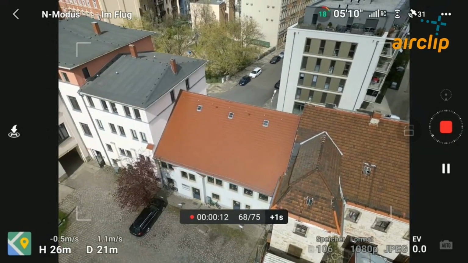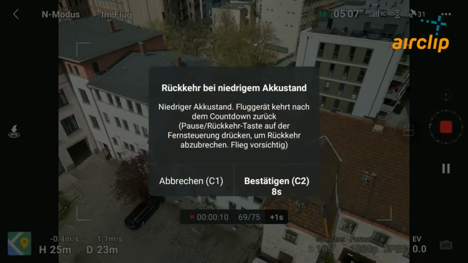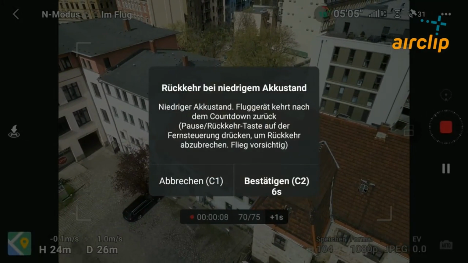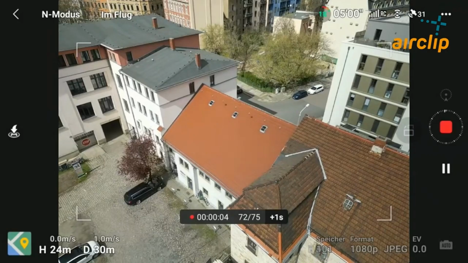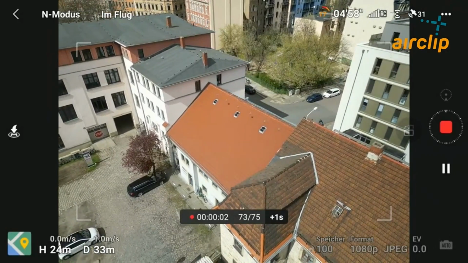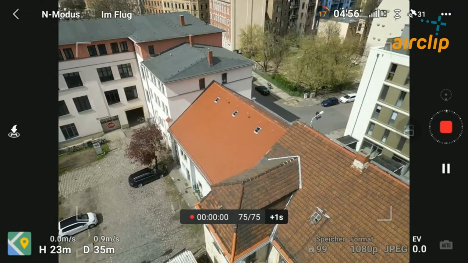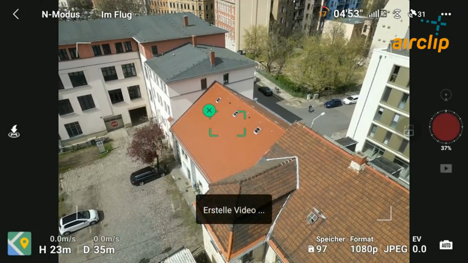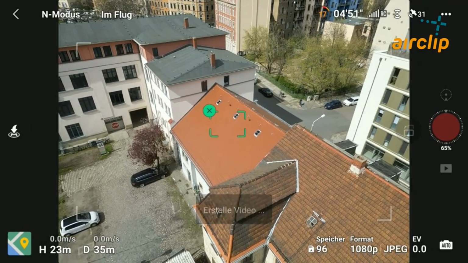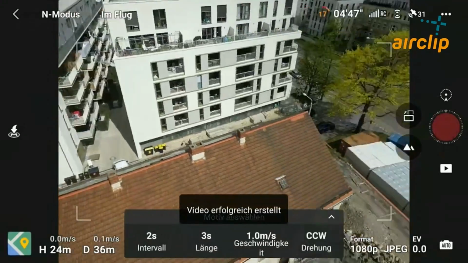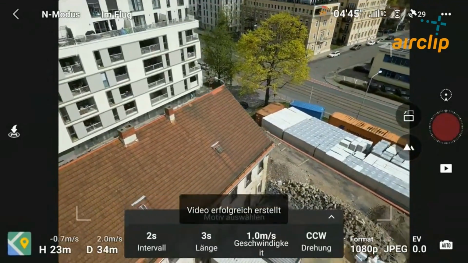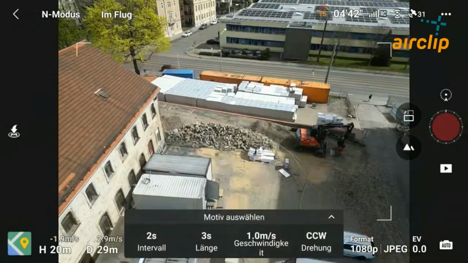Then let's wait until it's done. As you see, it's not the case that it flies exactly 360 degrees, but it flies some more circles. If you would increase the length, it would go even more circles. That's not too bad, you get more images.